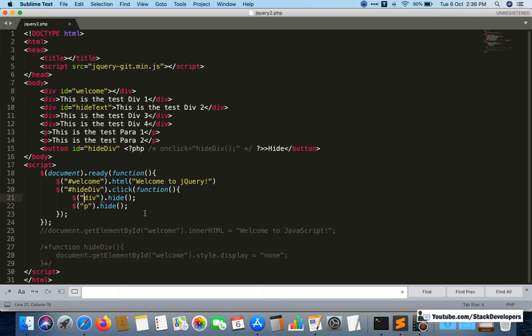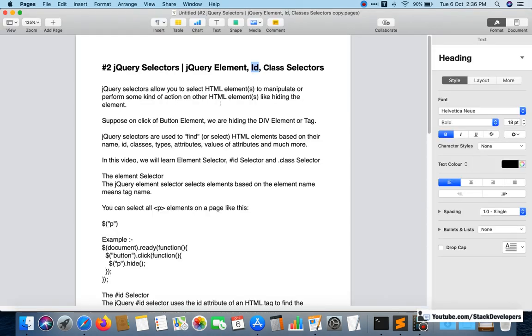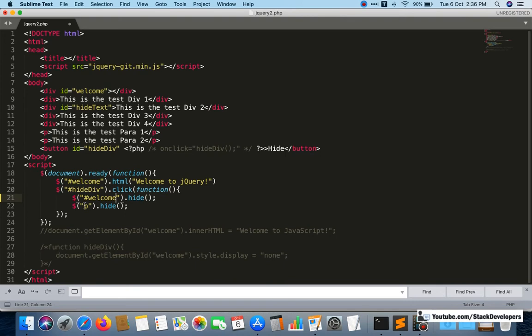For ID, you just need to add the hash, and then the ID will come. Like if the ID is equal to welcome, then welcome will come here. And for class, we just need to write a dot, a period, and after that the class name will come.